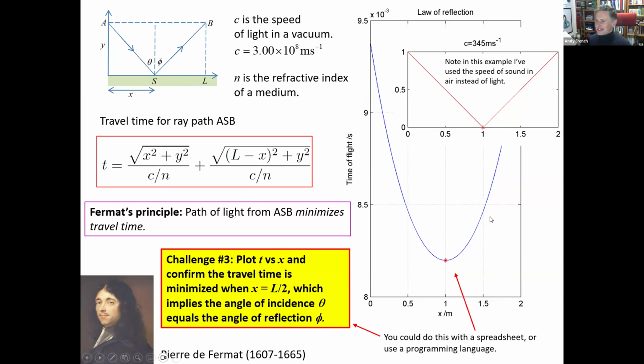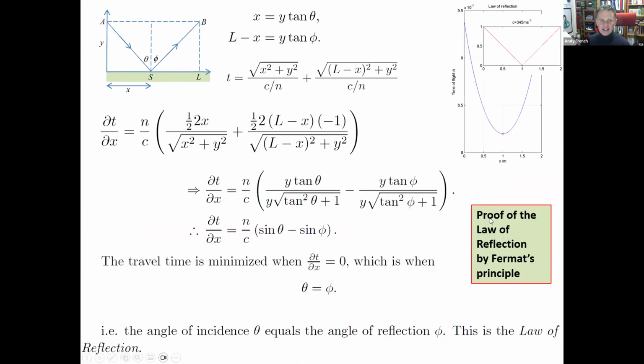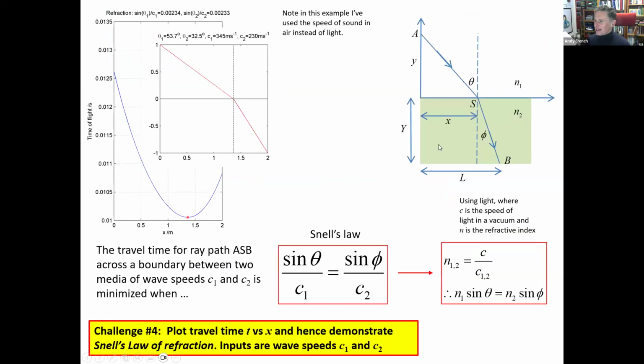And then the second part of this is to do it for refraction. So there we go. That's the maths of it. I'll let you have a look at this when you download the presentation. But you get a very similar situation for refraction from A to S to B. In this case, we're going from one media to another, and these are two different refractive indices. And so you, again, work out the time it takes from A to S to B, parameterized by distance x. And you plot a graph, find the minima, and you discover at the minima that n1 sine theta is n2 sine phi, which is Snell's law. So there we go.